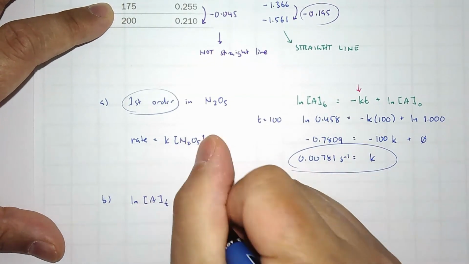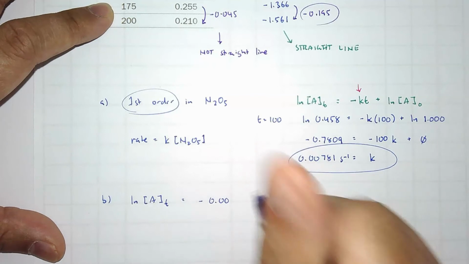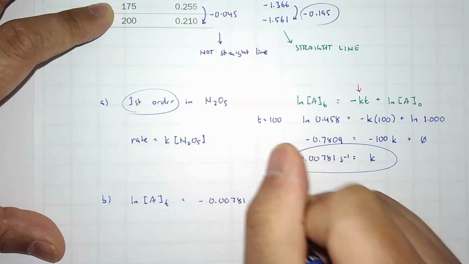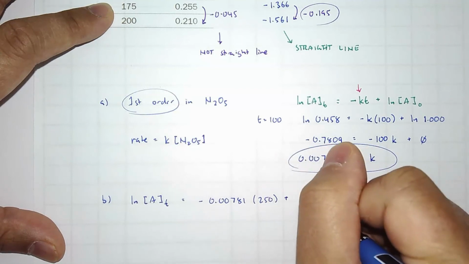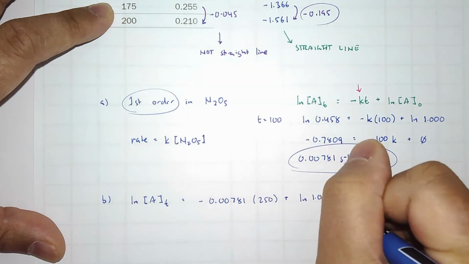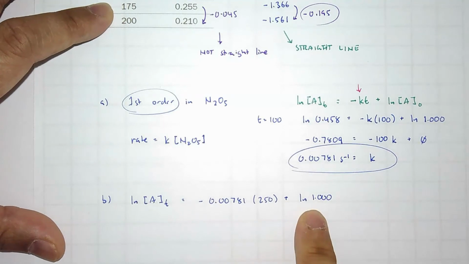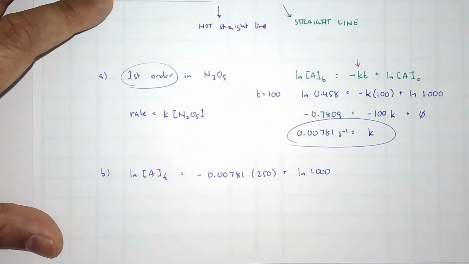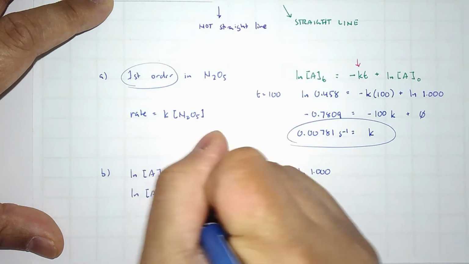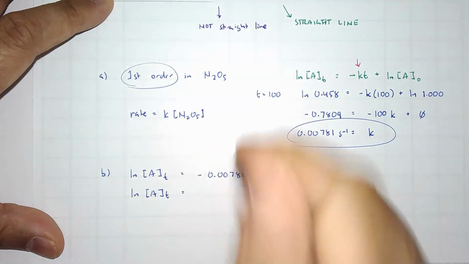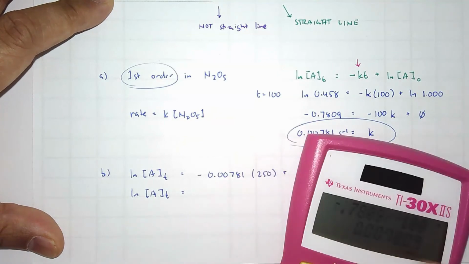You take the negative of that, 0.00781 times 250 seconds plus ln of the initial concentration, but we know that's going to be 0. We have ln of A at time t equals,